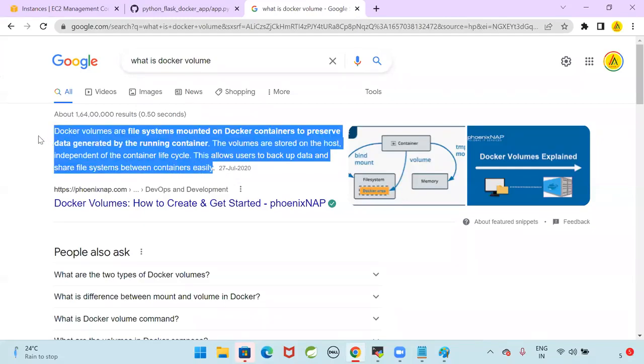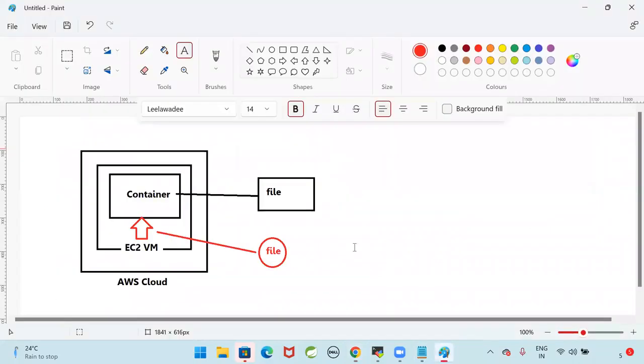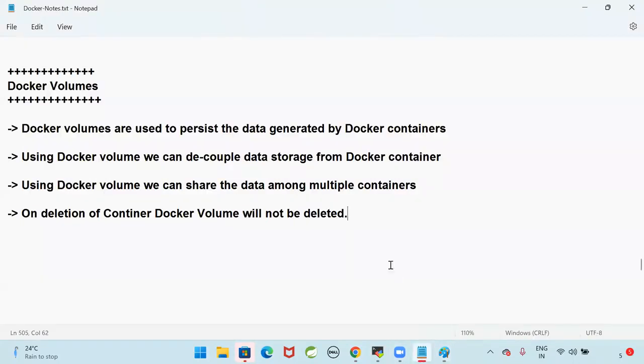So that means whatever the data which is generated by the container, we are going to store into host machine. If the container is deleted, our data will be backed up in the host machine. When the data is backed up in the host machine, multiple containers can share that data. We can share the data with multiple containers by using Docker volumes. So Docker volumes are used to